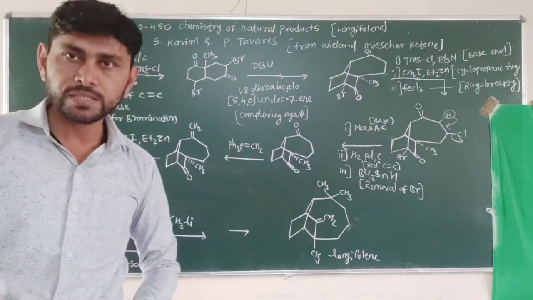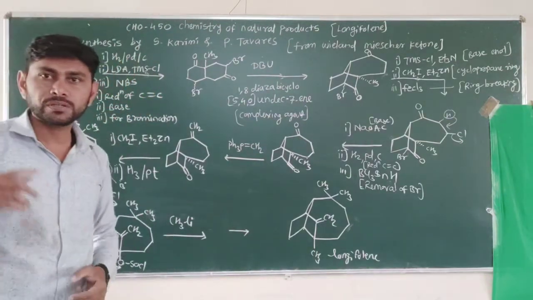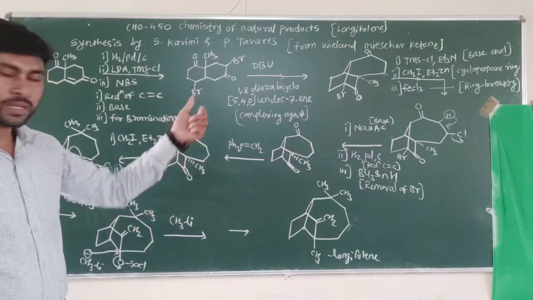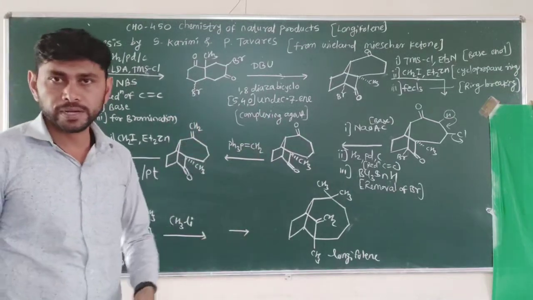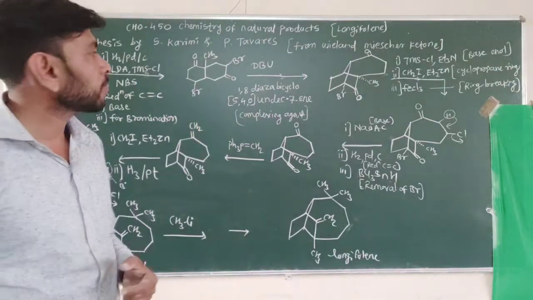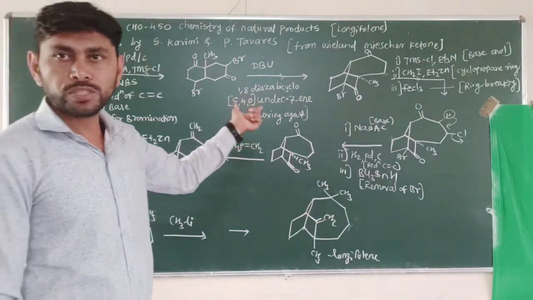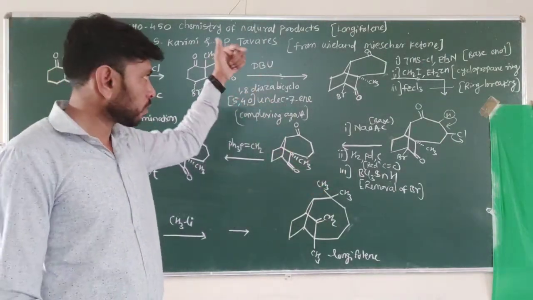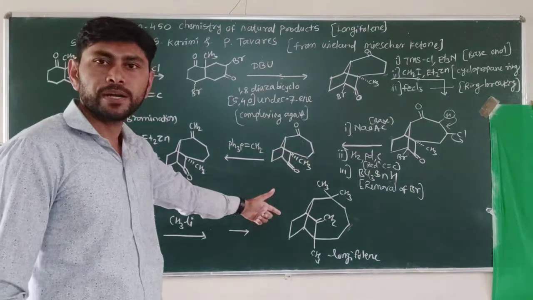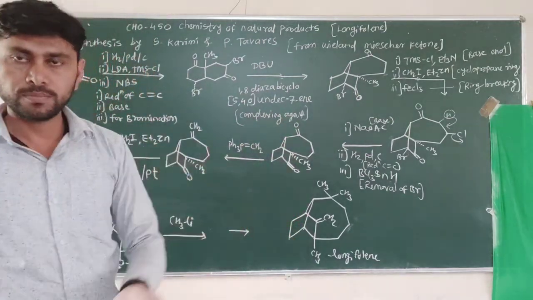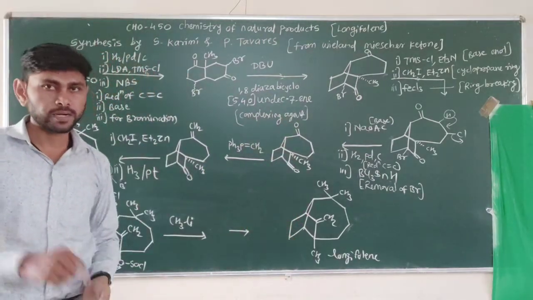Now the fourth synthesis, for which the reactant molecule is different, the substrate is different, and for that purpose we have to again make a retrosynthesis in a different way. So on Wieland-Miescher ketone three syntheses are dependent, and in the next one we have to obtain it by retrosynthesis. That is